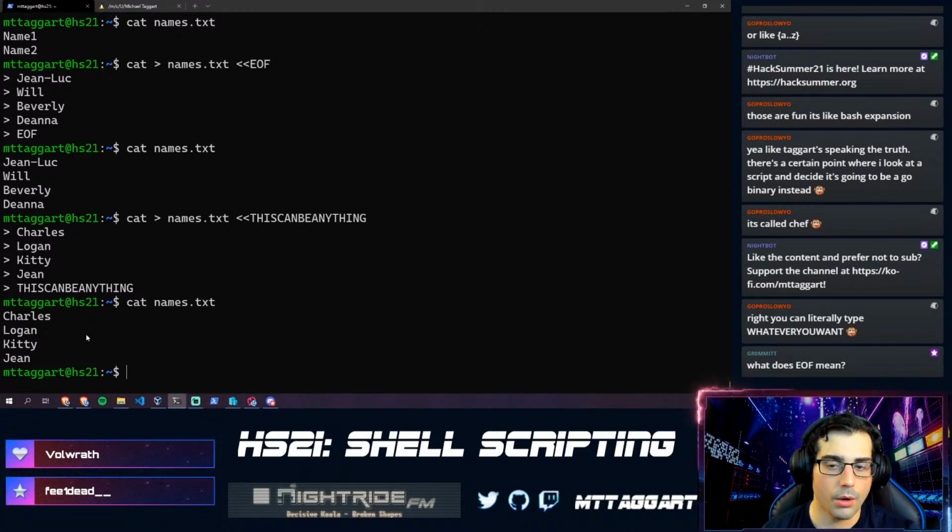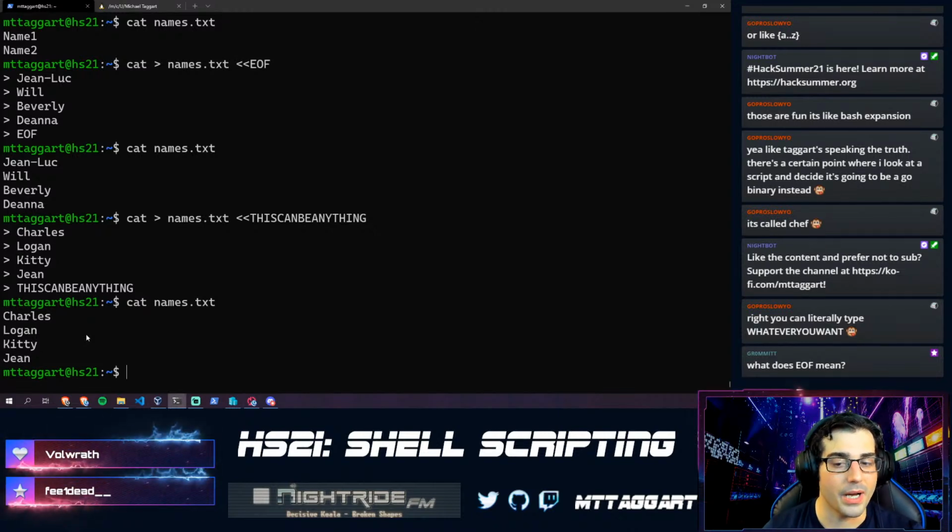So you can see how this would be really powerful in a script if I'm generating something like a vimrc or a config file, with input parameters, where I want a multi-line file generated from my script, but I don't want to have to do it line by line.